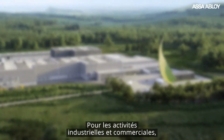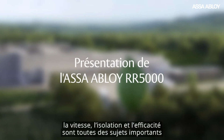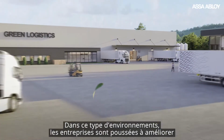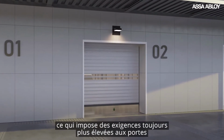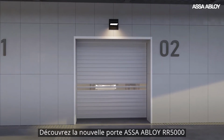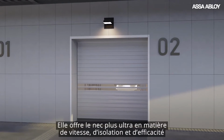For industrial and commercial operations today, speed, insulation, and energy efficiency are all critical issues. In environments like these, businesses are under pressure to improve building performance and efficiency, placing ever greater demands on doors. Meet the new ASSA ABLOY RR5000, offering the ultimate in speed, insulation, and efficiency for a new level of operational